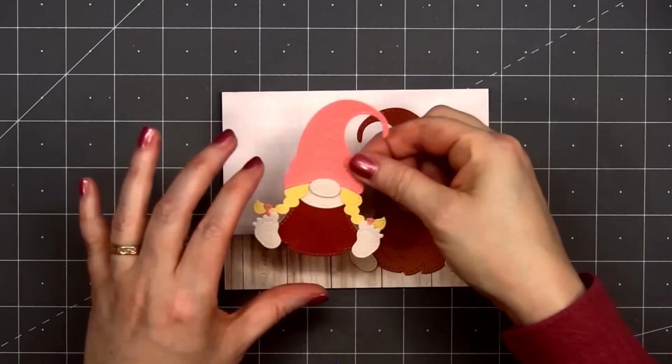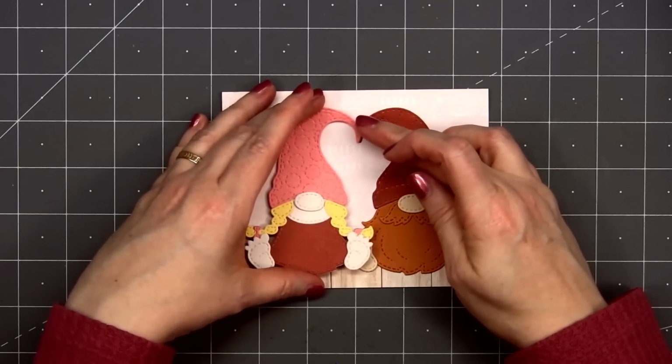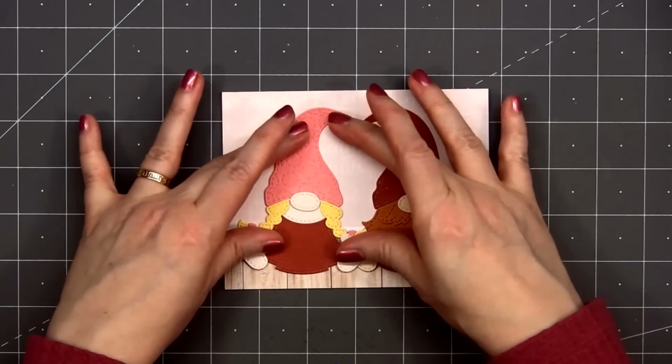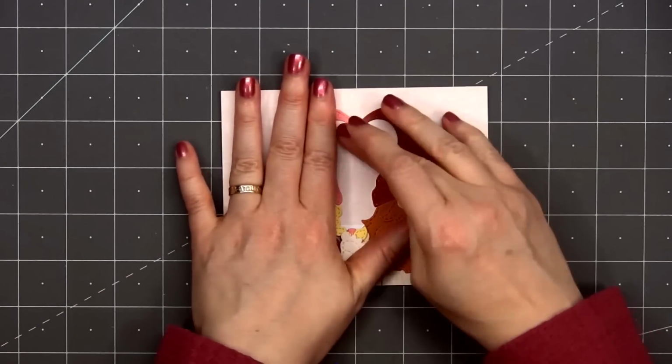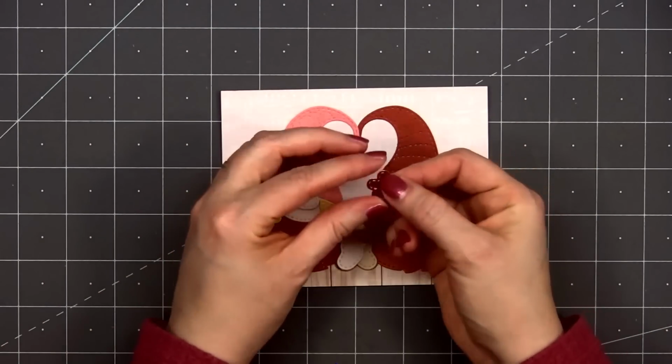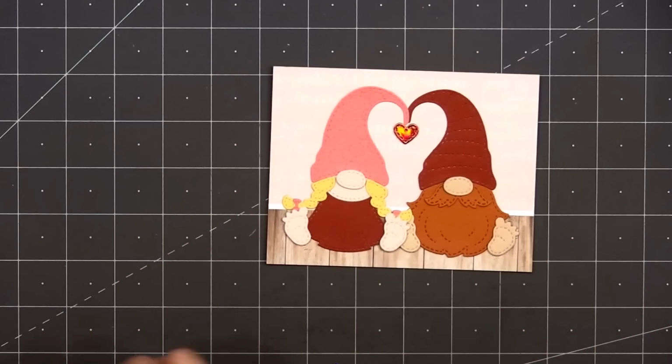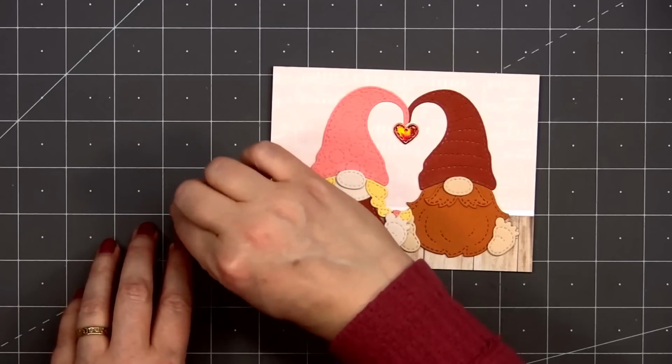I do have a small piece of foam dimension on the upper area of the feet, but for the rest of the gnome, I'll use some glue to adhere them to the card. I'll adhere the boy down first. Then when I add the girl, I'll make sure to place her so the top of their hats reach together